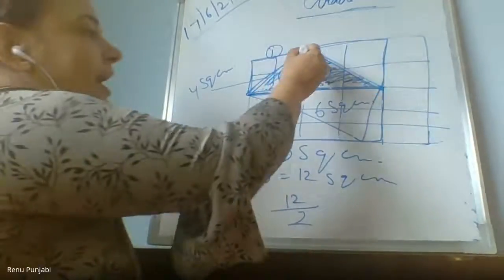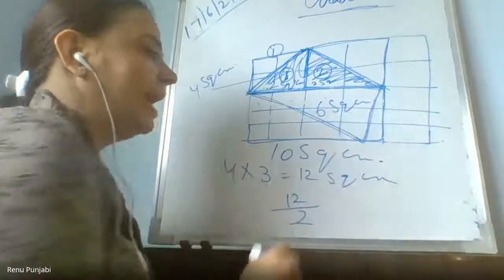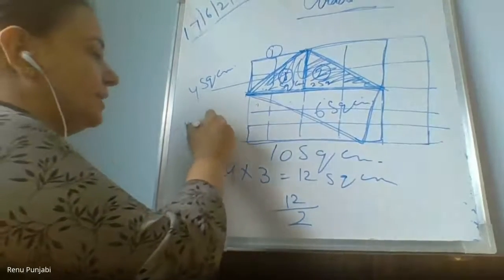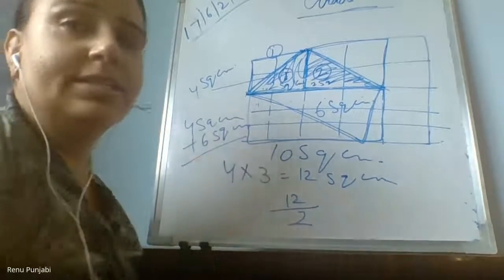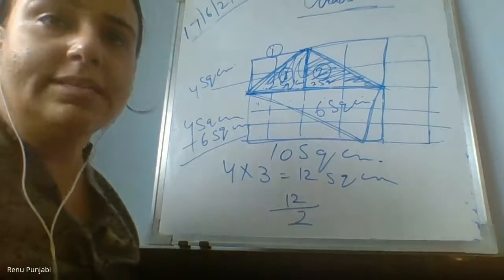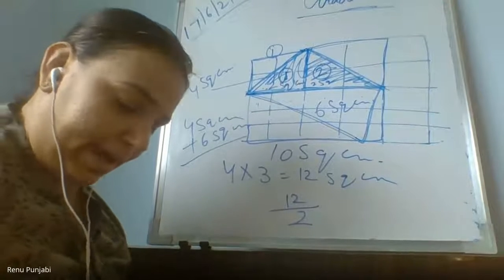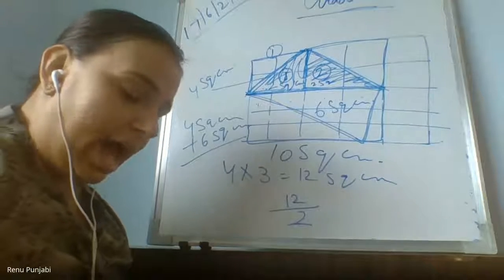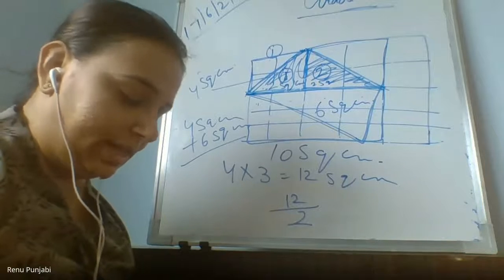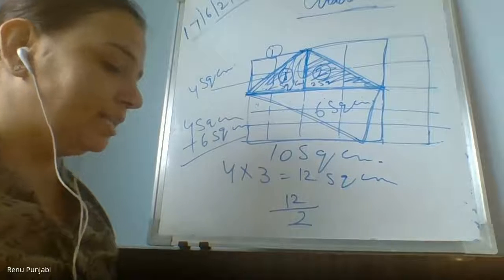And then this triangle's area and this lower triangle's area, when you add, it will become 4 square centimeters plus 6 square centimeters. How much is that? 10 square centimeters. So he has done it the right way. Is he correct? Yes, ma'am. So you can write yes. Explain how the green area is 4 square centimeters and the yellow area is 6 square centimeters. You can explain this. Then go to the next part.